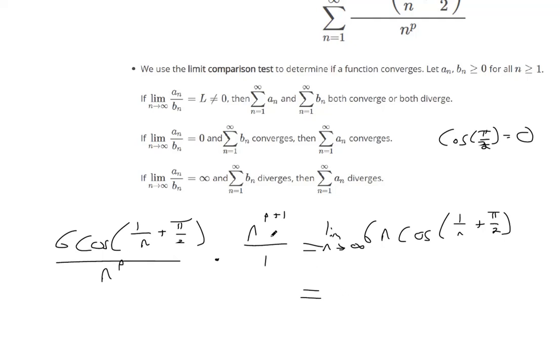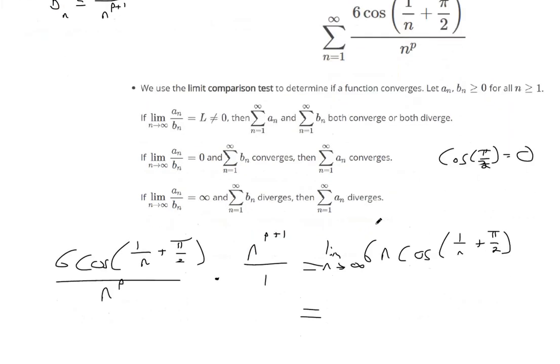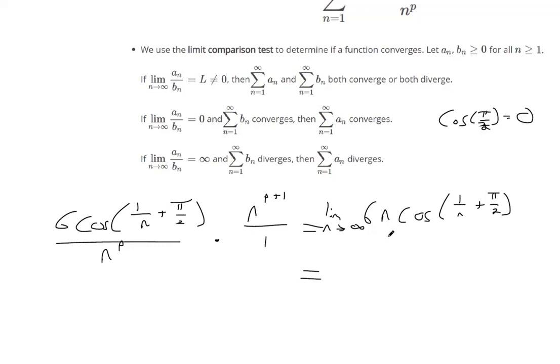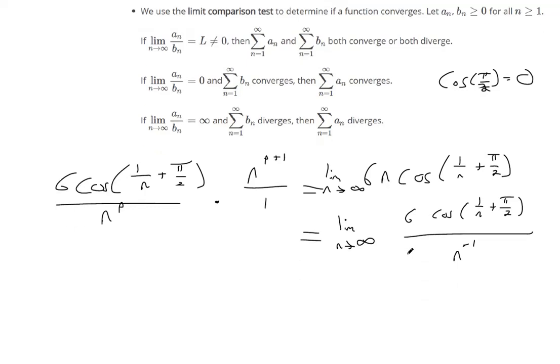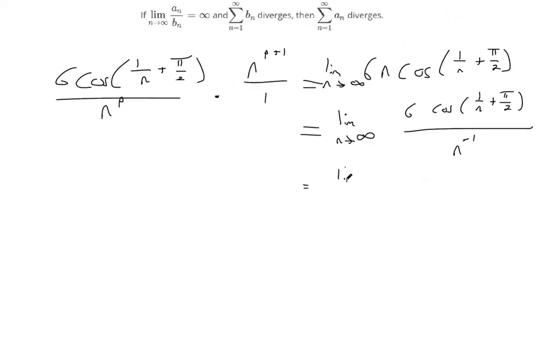Maybe that means we need to go back and make it n to the p minus 1. But that's not guaranteed to be a P series because we don't know what P is. I could rewrite this so we could use L'Hopital's rule. We could say this is 6 cosine 1 over n plus pi over 2, all over n to the negative first. Right? If you have n to the negative first, you can make it be n to the first by kicking it upstairs, which would bring us back to where we were. And then when we evaluate limits of indeterminate form, well actually, okay, pause the video, make sure it was on the right track. So we can use L'Hopital's rule, and when I say equals, I always put with an L